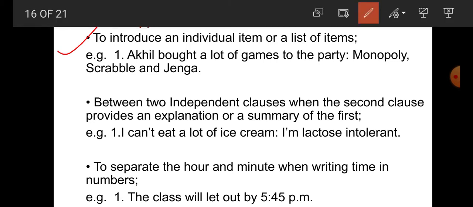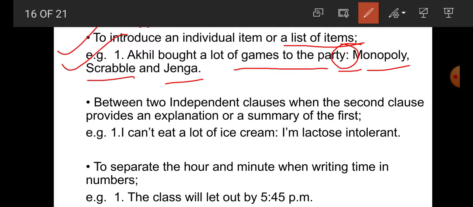So number 1, Akhil bought a lot of games to the party: Monopoly, Scrabble and Jenga. So here, to introduce an individual item or a list of items, we are using colon. Here it is a list of games at the party, and that's why here